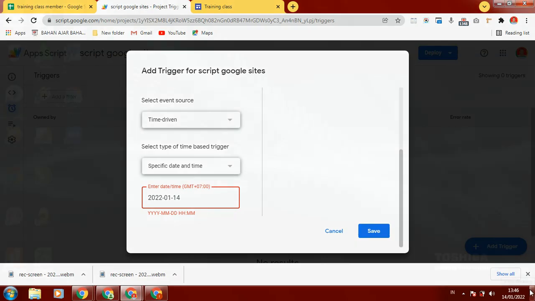Maybe I will practice. Okay, here is the trigger using time. Okay, we save.